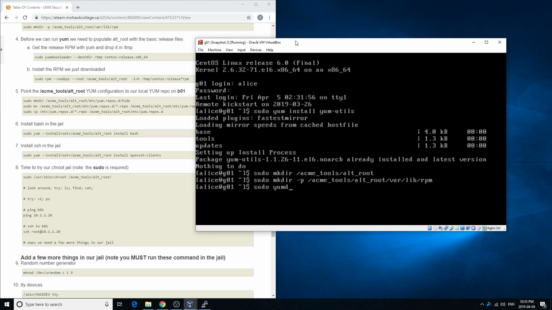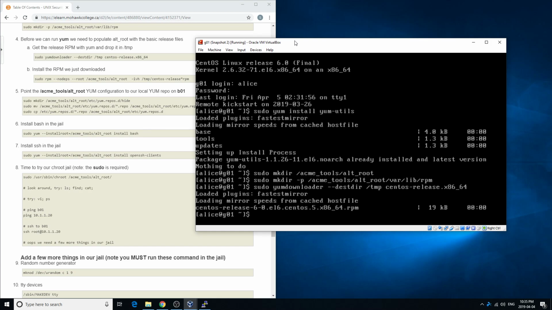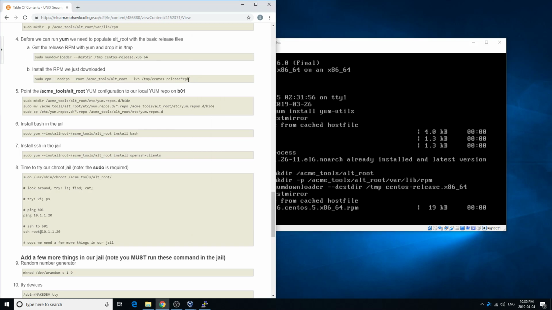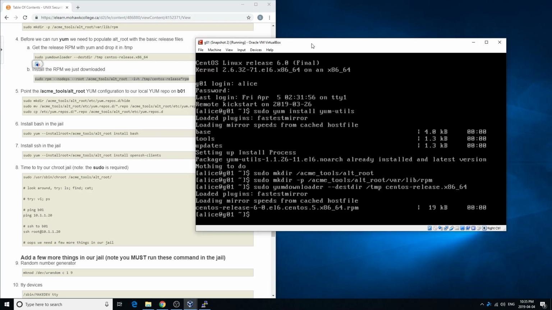Sudo yum downloader --destination directory. We'll put in temp and then CentOS release.x86_64, enter. Okay. Now we're going to install it. Put that here. So sudo rpm